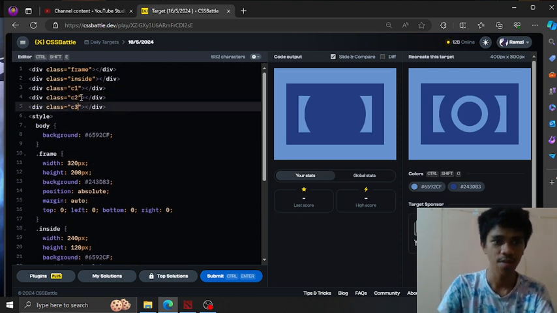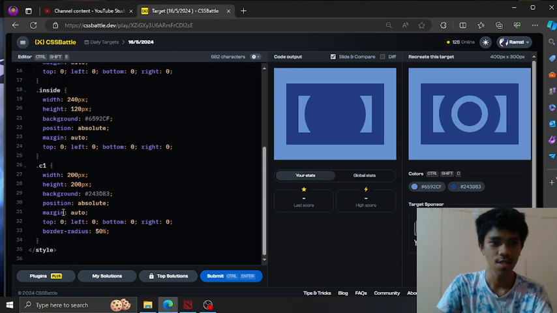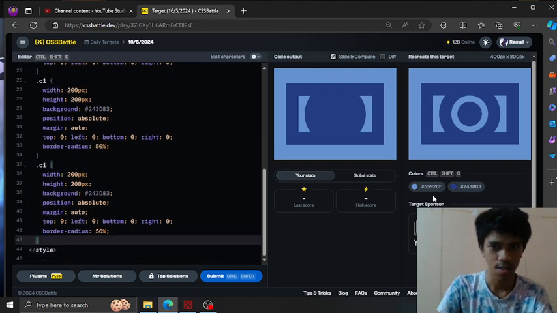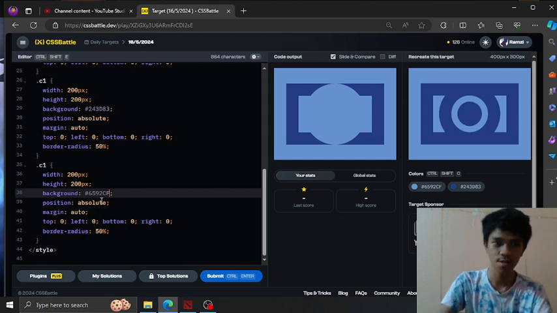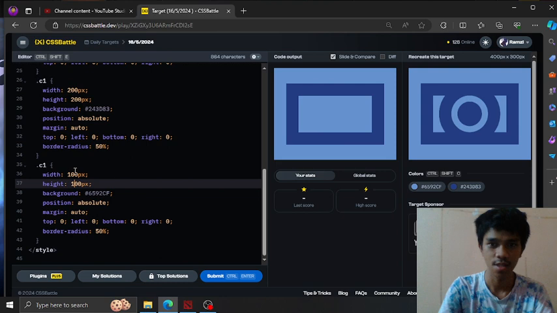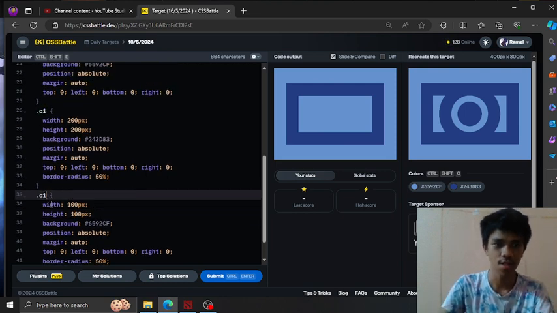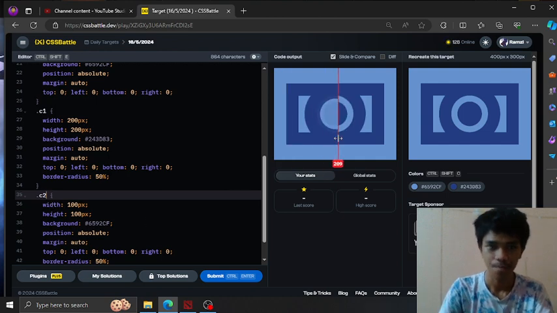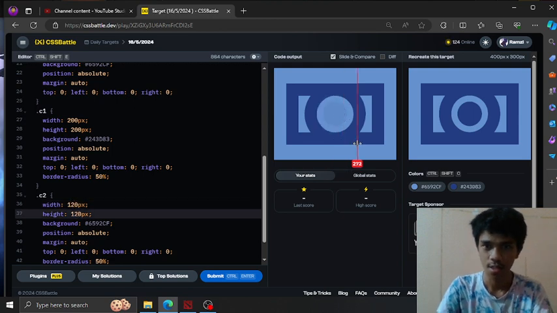C2 on top of C1 and C3 on top of C2 and C1. So the color of the C2 is like the background color, similar to the background color, and obviously the size is smaller than the C1. And why is that? Because it is the same name. So like that. Adjust the size.